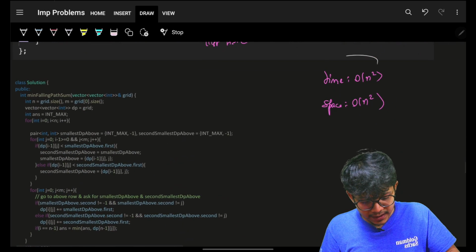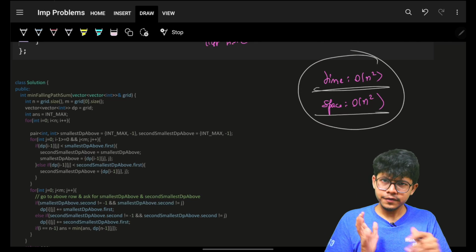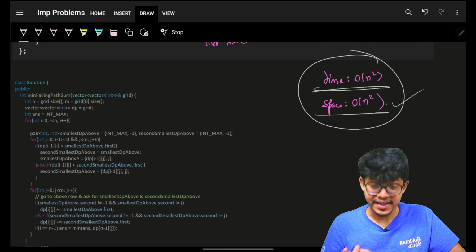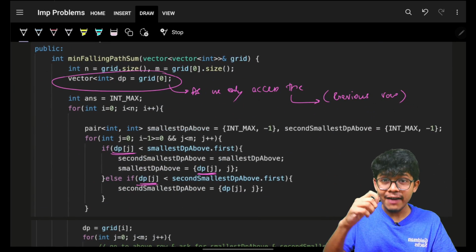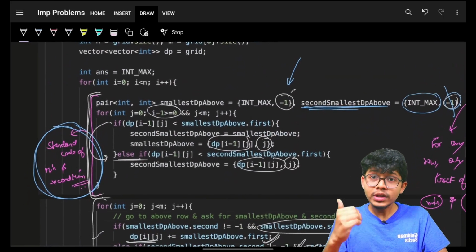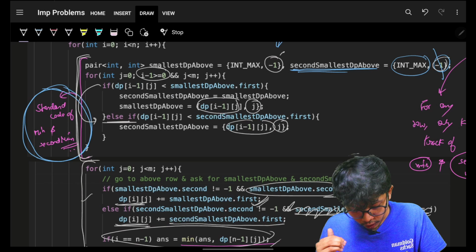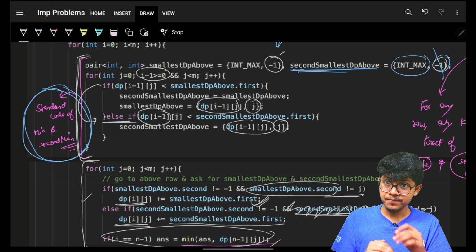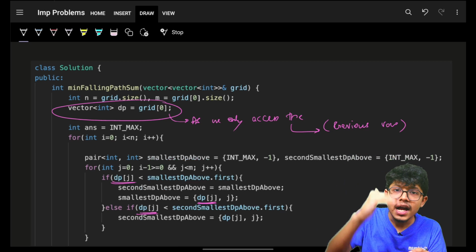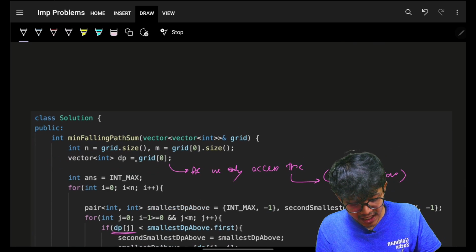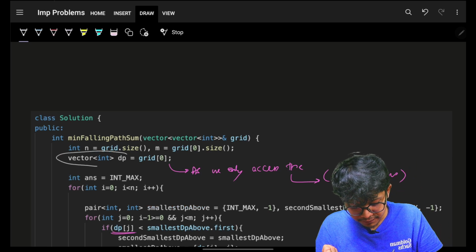Now with this, you can see your time is reduced to O of n square, and your space is again the same, O of n square. But did you focus on one specific thing? I was repeating again and again that you are only taking into consideration the previous row. That's it. Which means I can very easily eliminate the entire grid of space I was taking. Earlier I was taking the entire matrix, but now I realize I can take only one row,